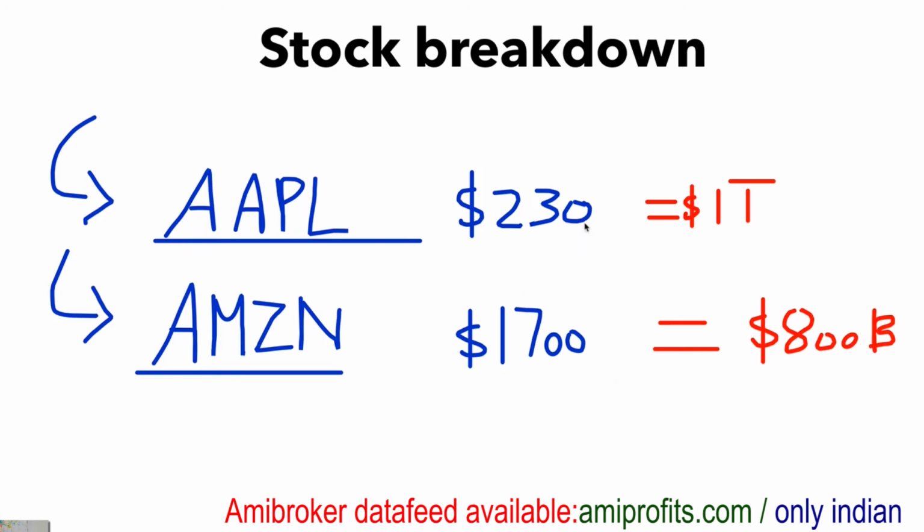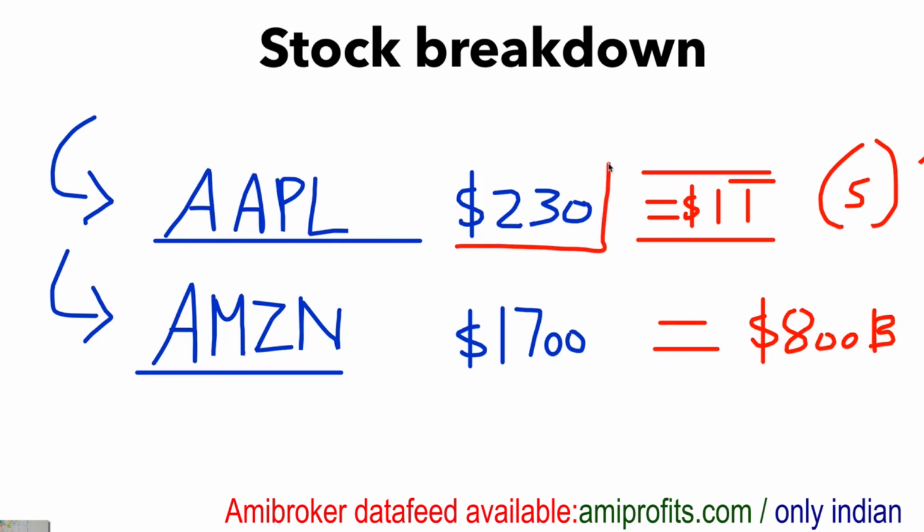Now, what does this mean? This means, as I just mentioned, Apple has way more shares than Amazon does. That doesn't mean Apple's a better company, or that Amazon's a better or worse company. All it means is Apple is valued at a higher price point. This right here does not show valuation. This shows valuation. What is the overall market cap?